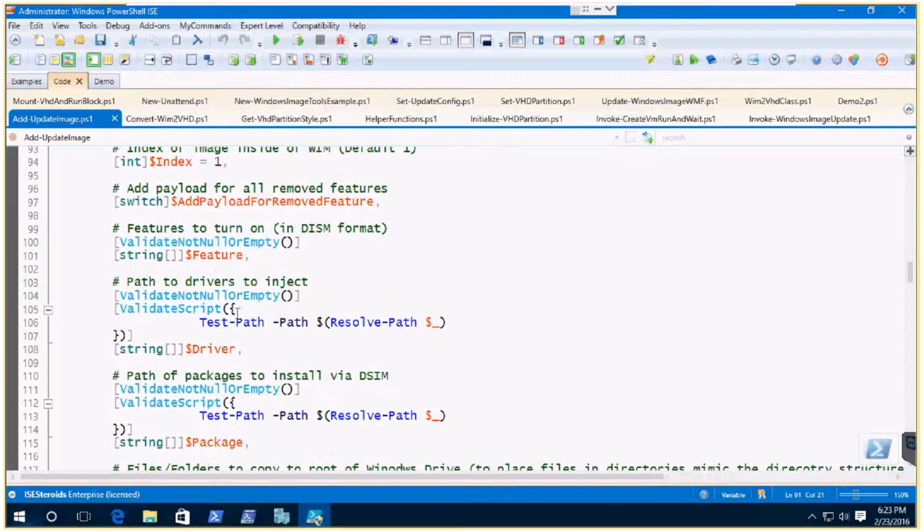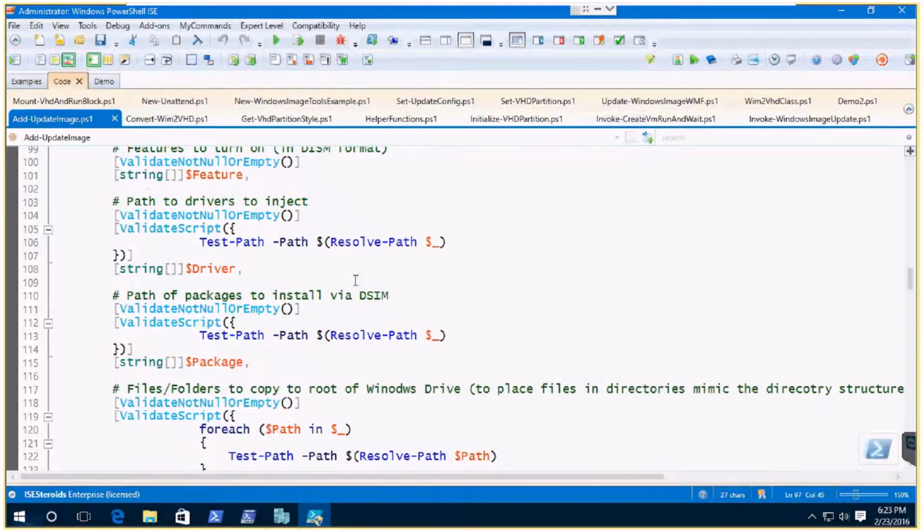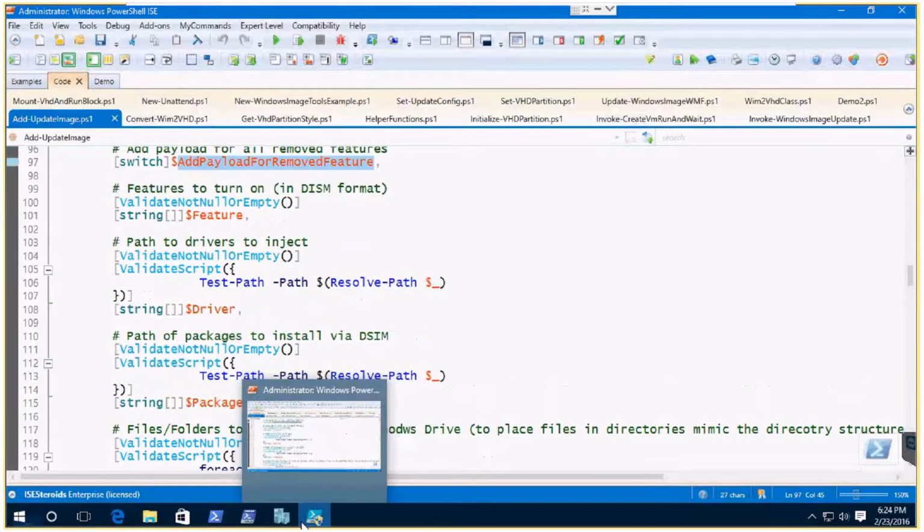And this one here, add a payload for remove features. That goes through all of the Windows features that are marked for removal, and that's going to be your .NET 3 file, so that those would automatically load. It's on a GUI install. It's .NET 3.5 and PowerShell 2.0, which is automatically loaded when you load